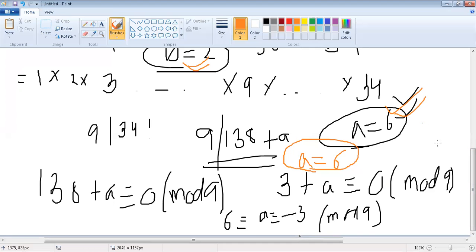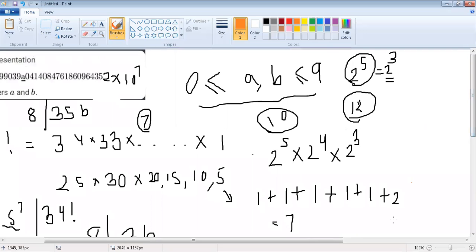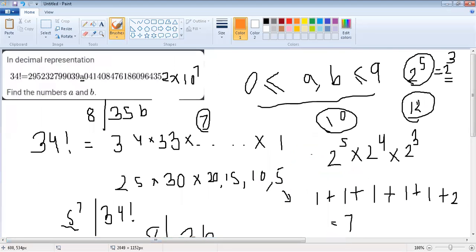I hope you enjoyed the solution. Now time for the homework question. So here is the homework question. So as written,